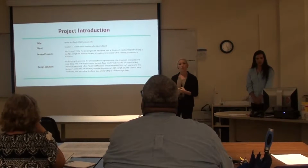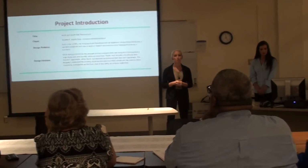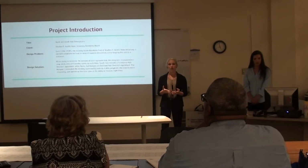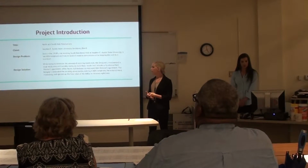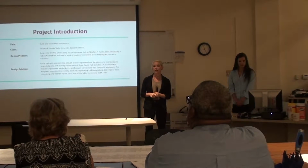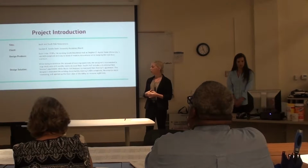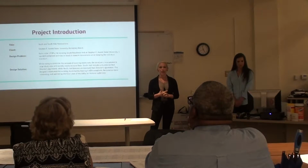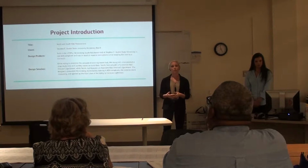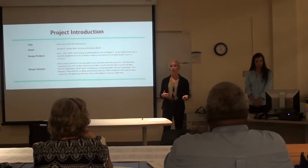So our project, of course, is to renovate the North and South Hall here on campus. They were built in the 1950s, so they are not up to the most current codes. I know they were renovated in the 90s, but they are going to need to be brought up even more. So we're trying to make the minimal amount of changes. Like I said, we're going to add more security, fix the hall director's suite to make that more accessible and